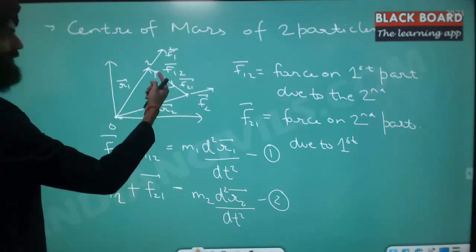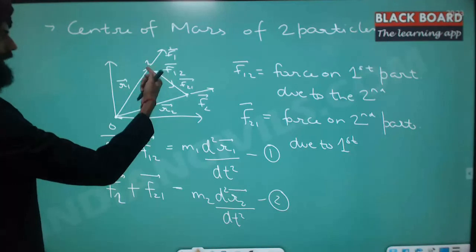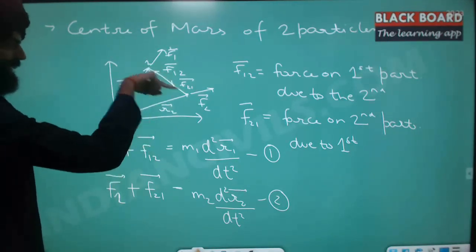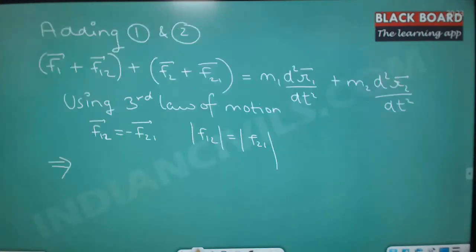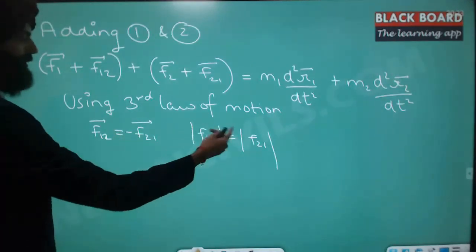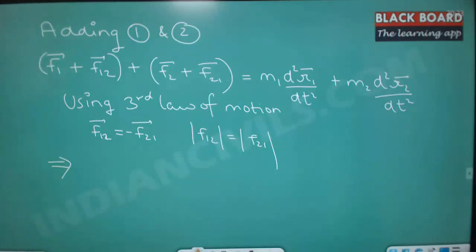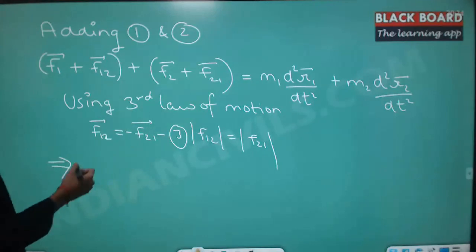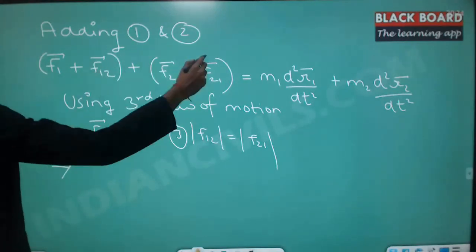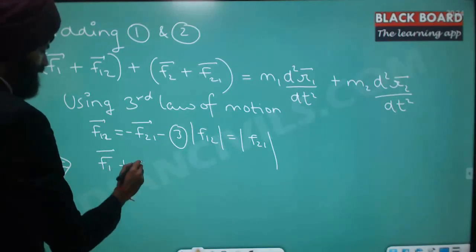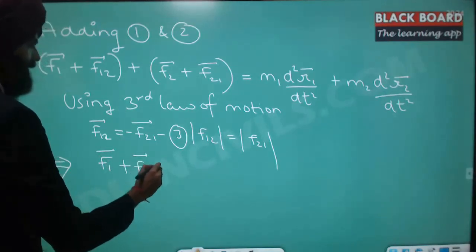F12, which is the force on 1 by 2, is acting in this direction, and F21, the force on 2 by 1, is acting in this direction. So when we write this equation in vector form, there will be a negative sign. Of course, the magnitude will be the same. So we substitute this back in this, and what we get is these two terms will cancel, and we have F1 plus F2 equals